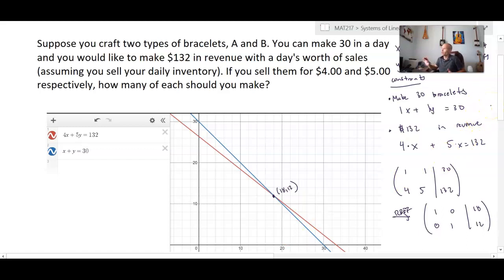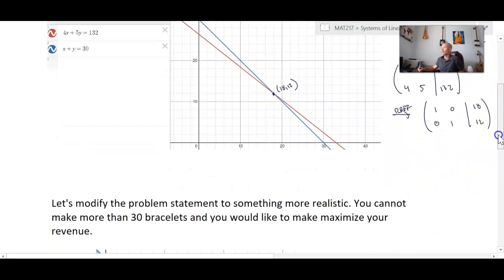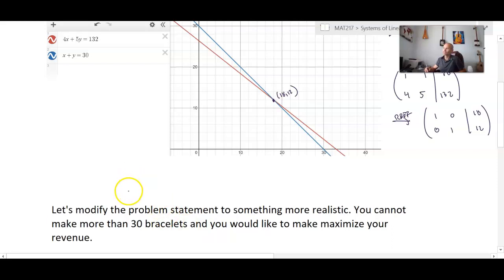Now this is a great process, but why would we want to make exactly $132 in revenue? Well, in certain situations, we want to hit points exactly, but I think we'd be comfortable with more than that. And I think we could argue that you don't have to make exactly 30 bracelets in a day. You could make fewer, but maybe that's just your capacity. So let's modify the question to reflect that realism. You cannot make more than 30 bracelets,